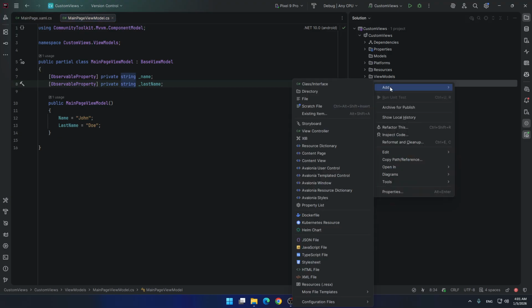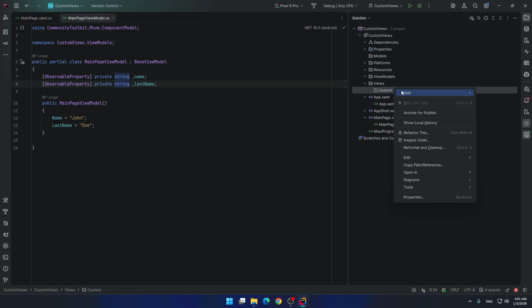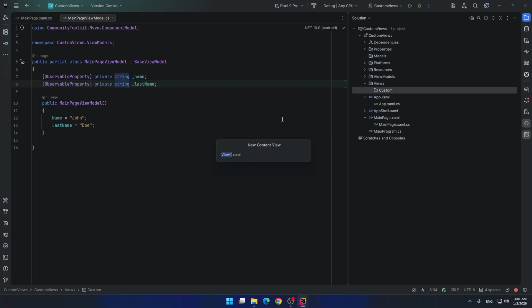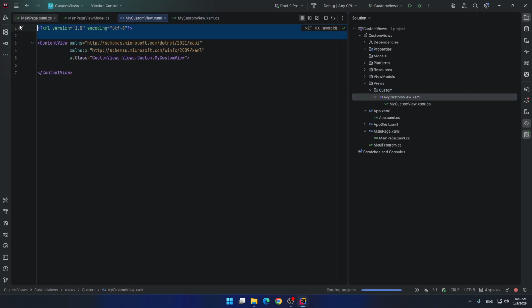Let's create now our custom view. Let's create content view and give it name my custom view, for example. Let's clean this.